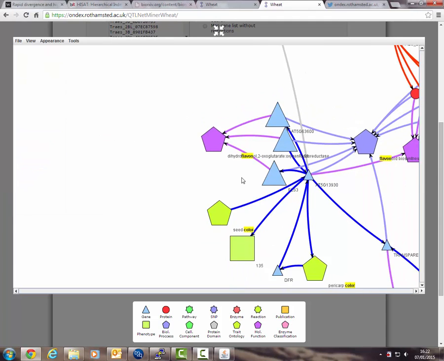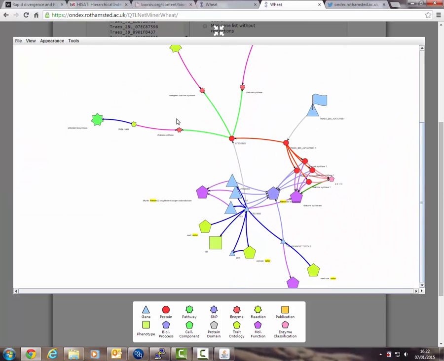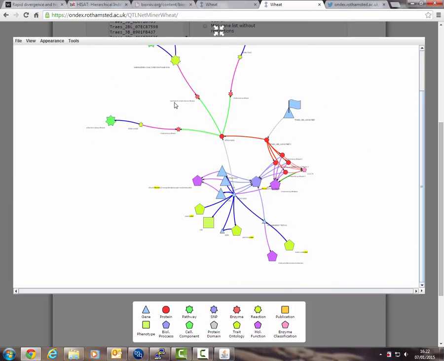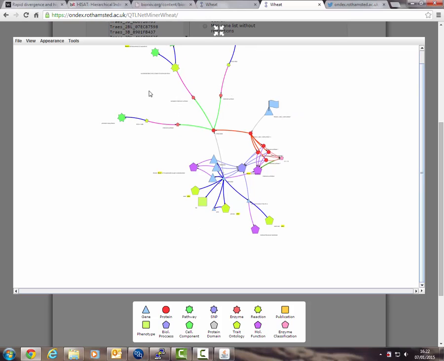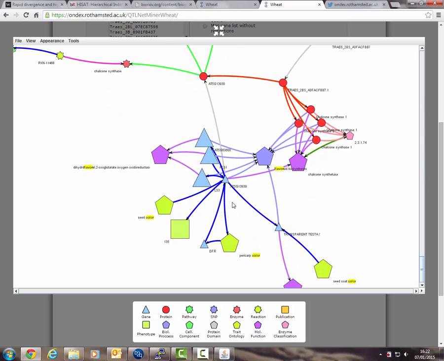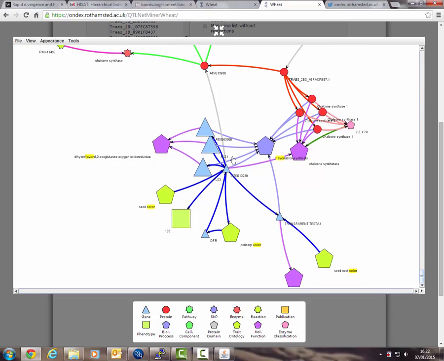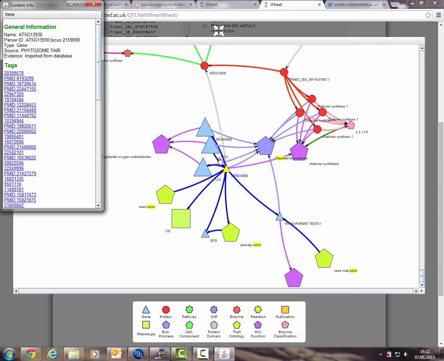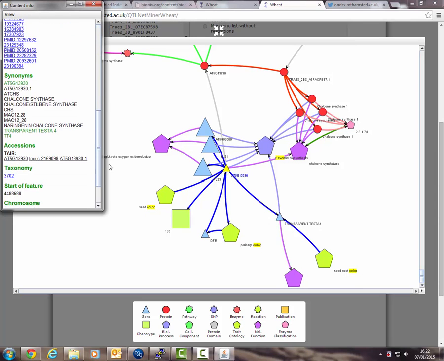So what the user sees in this evidence network is really just the type of evidence documents that contain the keywords and that have a valid path connecting them back to the wheat genes. There is still lots of information that is actually not shown in the first view, but can be displayed if the user is actually interested to know more about genes, even to see things that might not be directly related to his